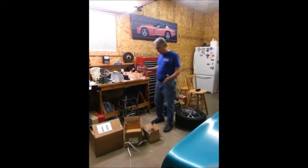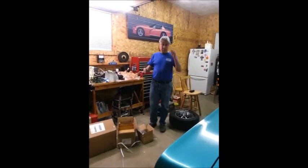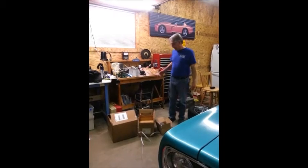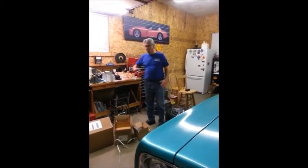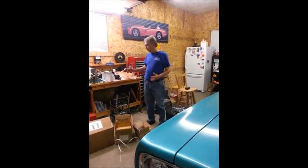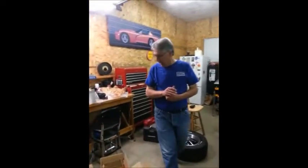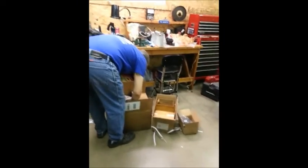UPS man dropped off tonight a lot of boxes. I still don't have my rotors. I think I get the rotors tomorrow or Saturday. I'll just quickly go through. It's kind of overwhelming, all the stuff I got here for a front disc brake job. In this box here, I've got some dust shields, and